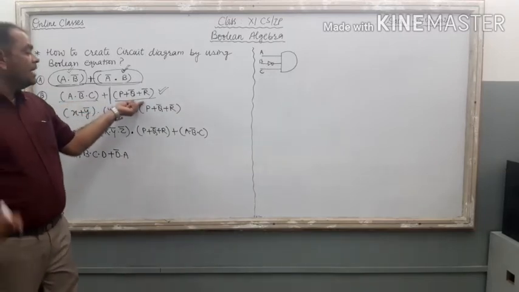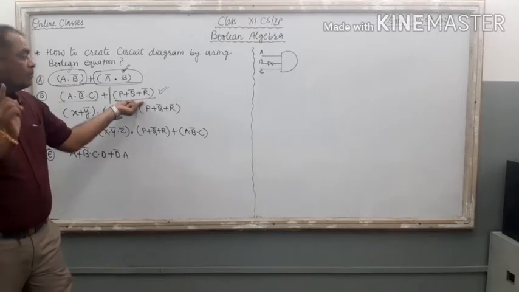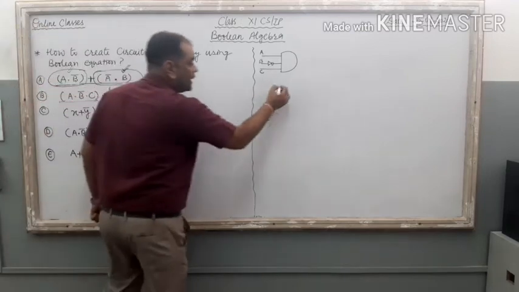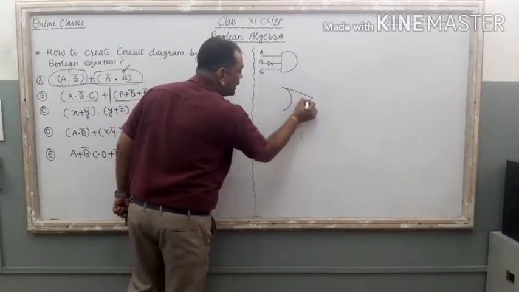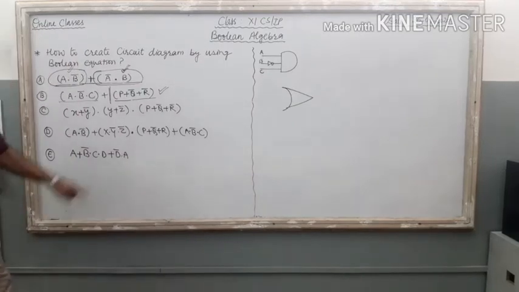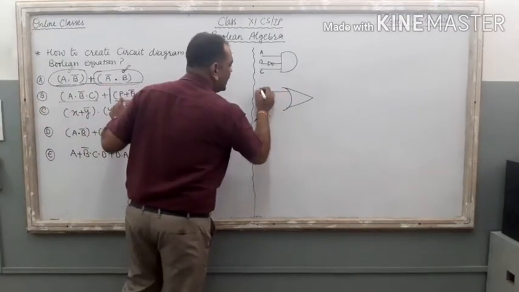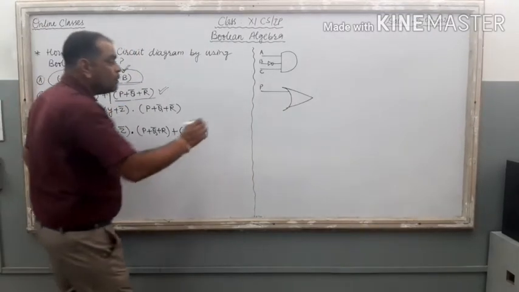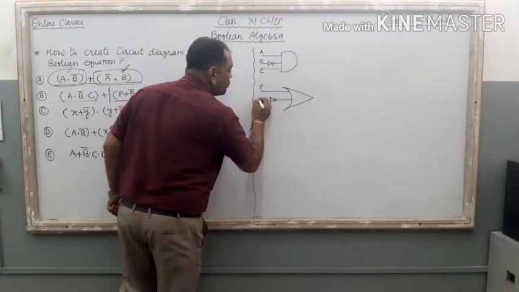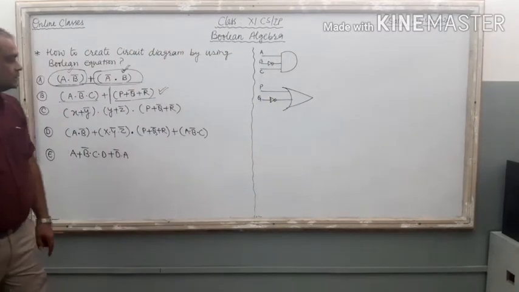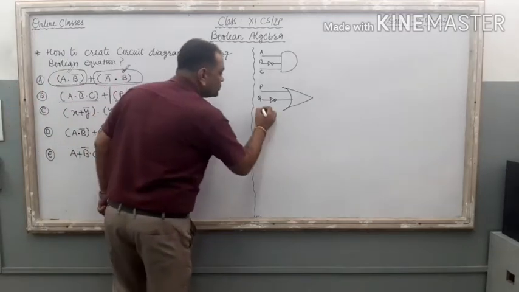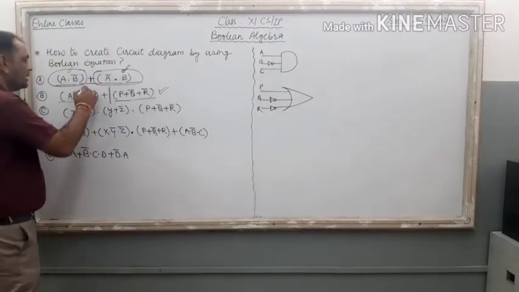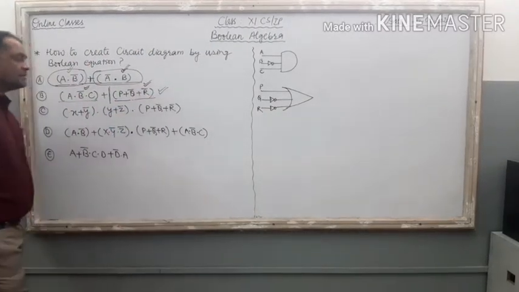Now come to the second part. It is P plus Q bar plus R bar. Which gate? Plus means which gate? It is OR gate. So we have to draw OR gate over here like this one. It is the OR gate. First input is P. Just make a line directly towards the OR gate, P. Second input it is Q bar. Q bar means what? Supply this input Q with this NOT gate. It is Q bar. Then the third one it is R bar. So just supply R with the NOT gate. It is R bar. Right? We have drawn the first part. We have also drawn the second part.